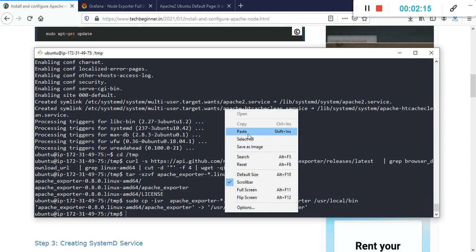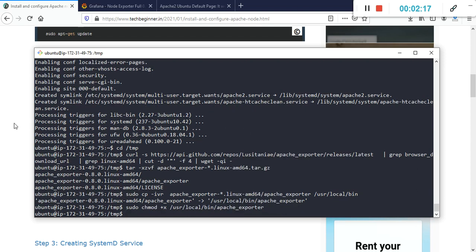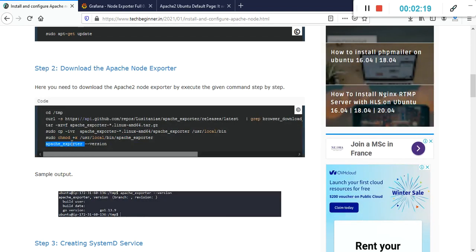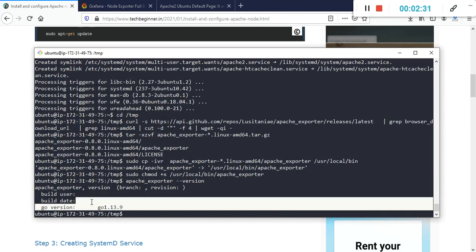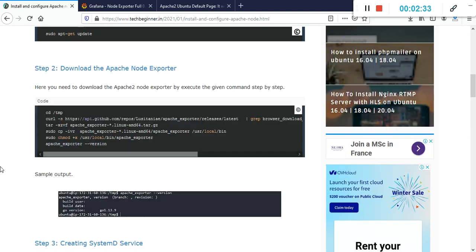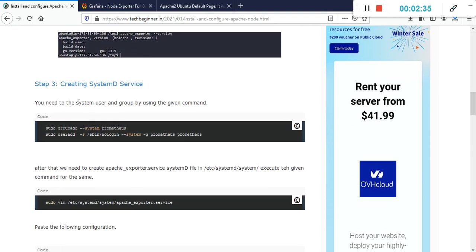So just execute this command and after that we are ready to check the Apache exporter version. So we should get output just like this. So just paste here. Okay, so it's successfully we are getting the version and after that we need to create the systemd service for the Apache.